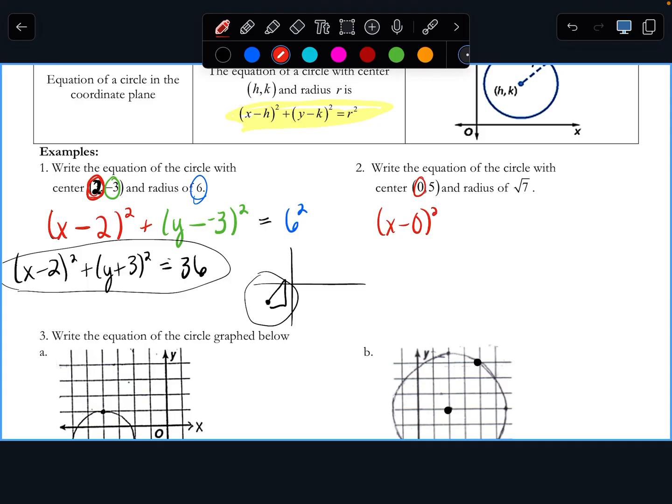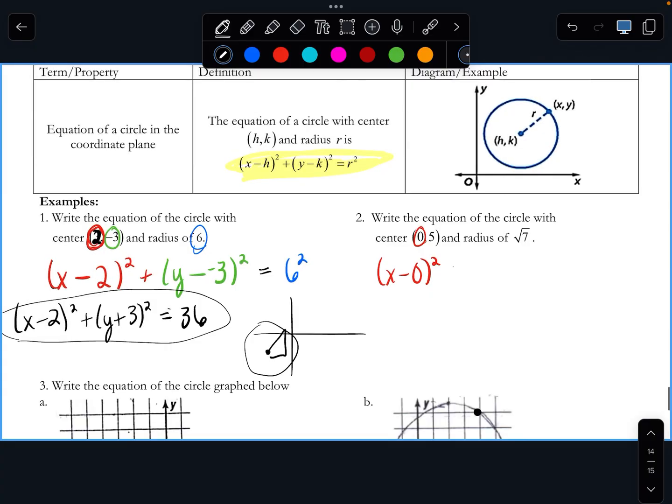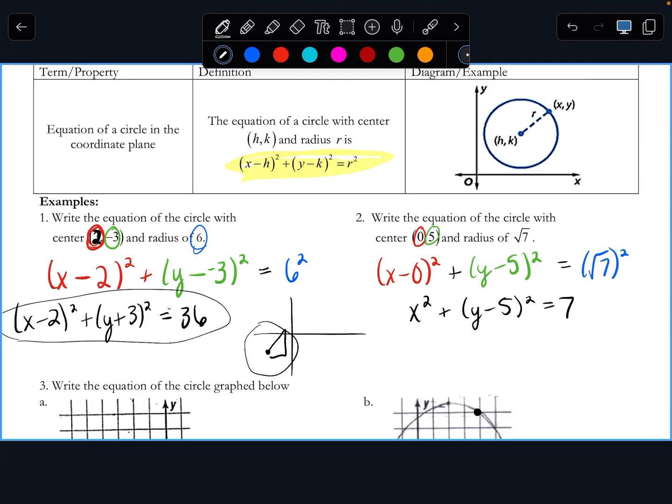So you're going to be doing x minus 0 squared because that's your center, plus... Okay, plus, and then you're going to do y minus 5 squared. It's always minus. Equals, and then you're going to square root 7, which people freak out about, but if you're squaring a square root, it just goes to 7. Your next line, you rarely see it written like that because it looks kind of dumb with the minus 0. So you can just write it as x squared,